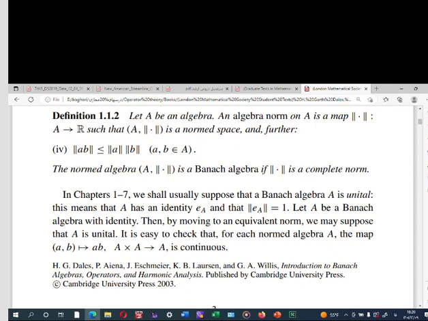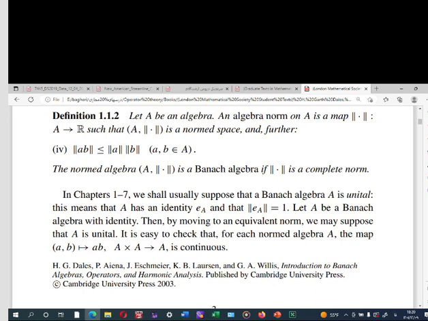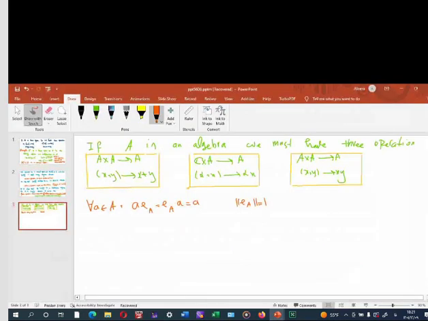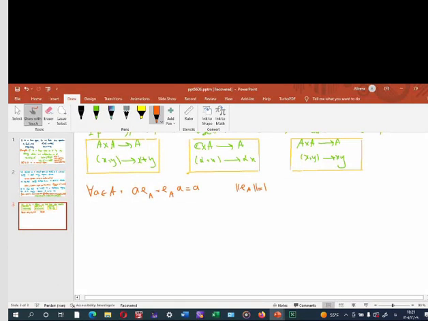Let A be a Banach algebra with identity. Then by moving to an equivalent norm, we may suppose that A is unital. It is easy to check that for each normed algebra A, the map (a, b) maps to a multiplied by b, is continuous. Note that if we have the identity element with this property, we say that this A is unital, okay? And also please note that this multiplication is continuous,